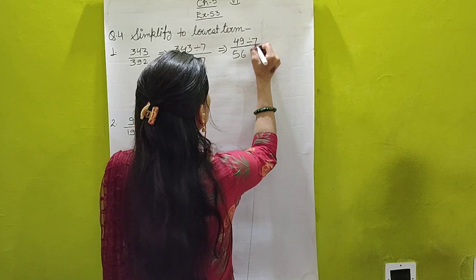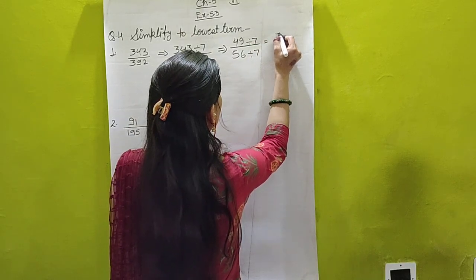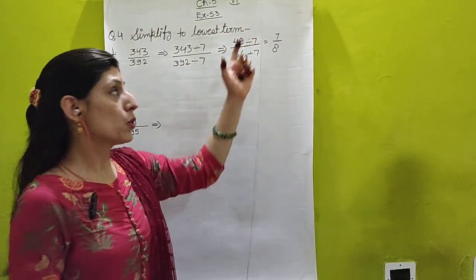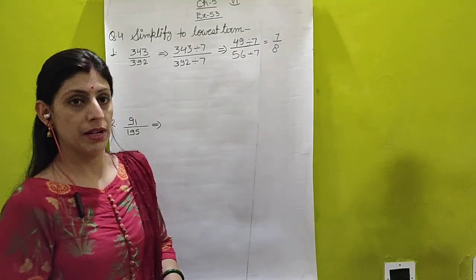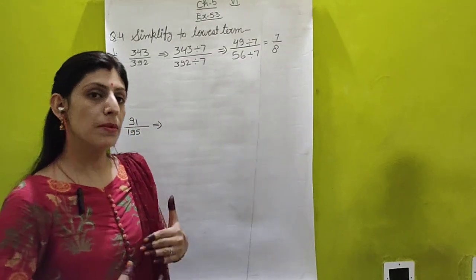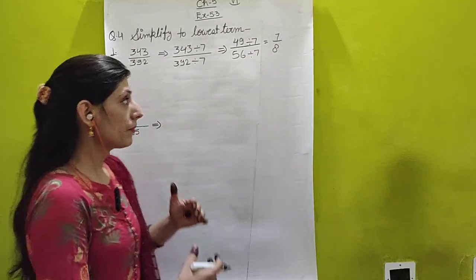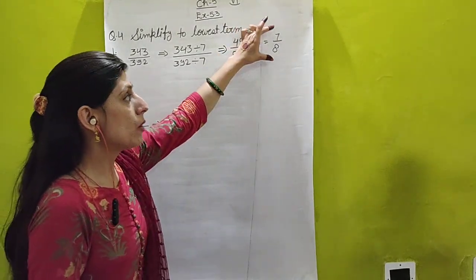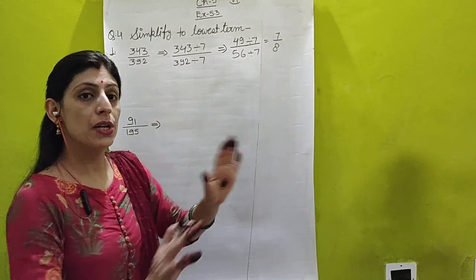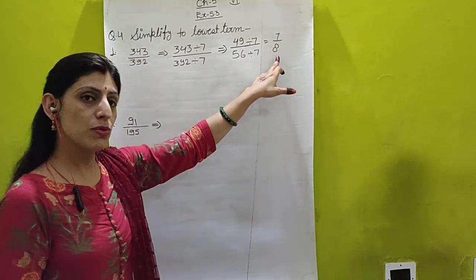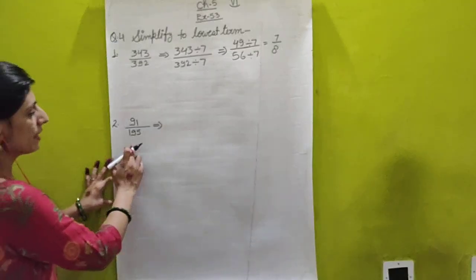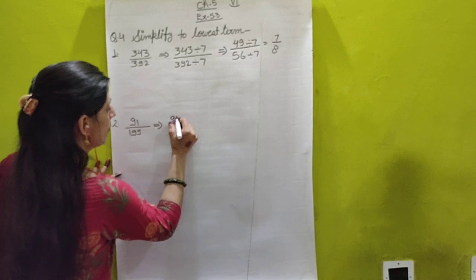Again they both are coming in 7's table, so again divide with the 7. 7 sevens are 49 and 7 eights are 56. Now this 7 upon 8, both are not coming in the same table. So this is your lowest term. Lowest term means you are to use the cutting method. At last you are to do like here I have done. Now 7 and 8 both are not coming in the same table. 8 is coming in 2's table and 4's table, but 7 is not coming. So we cannot divide.